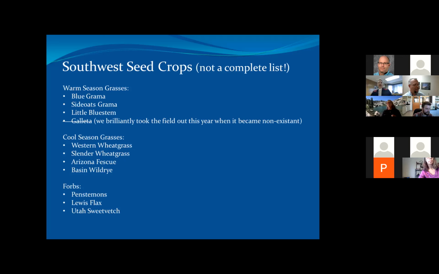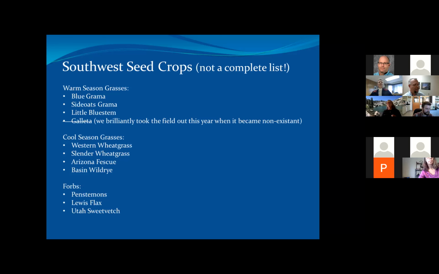Some of our cool season grasses include Western wheatgrass, slender wheatgrass, Arizona fescue, Basin wild rye. Those are some of the species that we can do very well with here. And I'm going to back up and just mention more about that water, because our water bill in an average year is well more than $50,000 a year. So the species that we choose, some can be high yield and low value, but we do need to find crops that are of a higher value just to pay that water bill, as well as everything else, all those pieces of equipment, all of the cleaning stages and equipment that is needed.